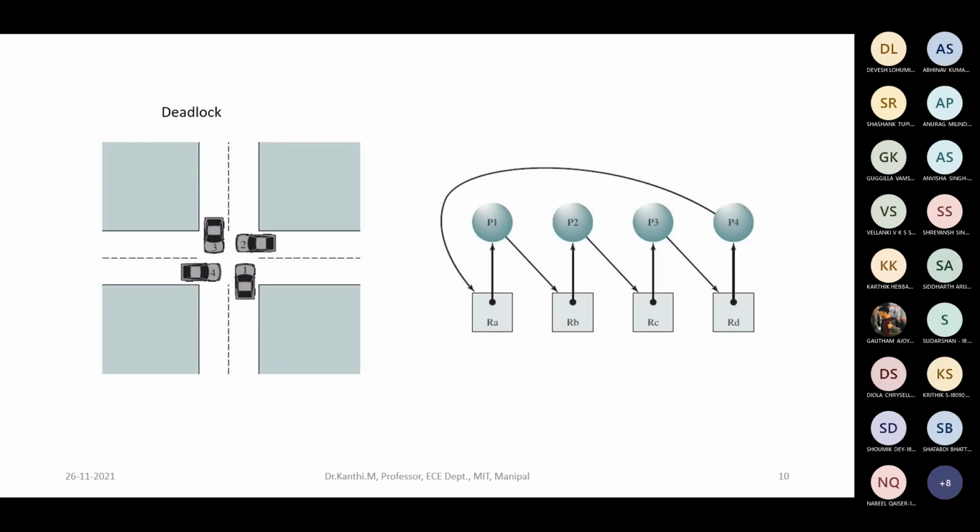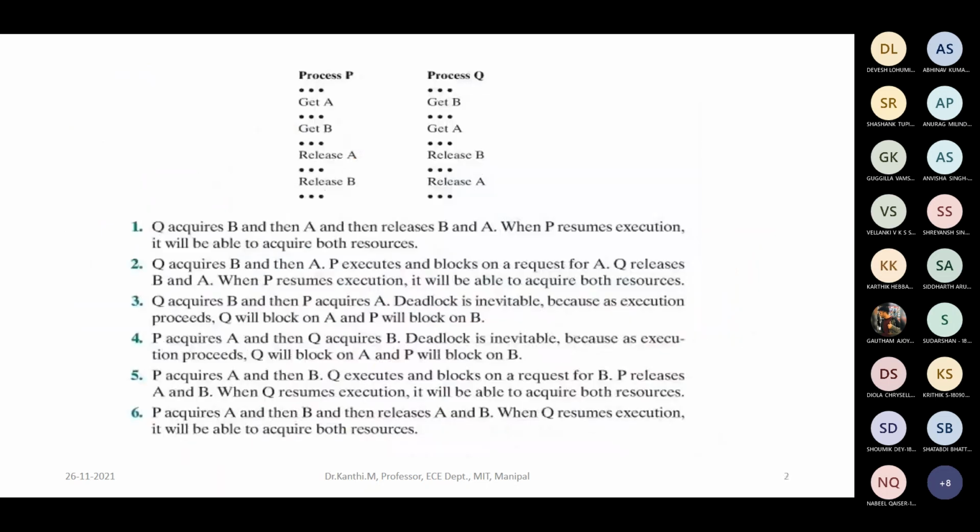Okay. So we have seen the different executions. So deadlock. As we have seen here, the same situation. When we begin with this diagram, resource A is with P1, resource B with P2, resource C is with P3, and resource D with P4. Okay, so let us take an example which we have shown in the beginning.